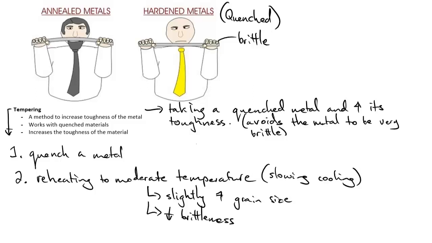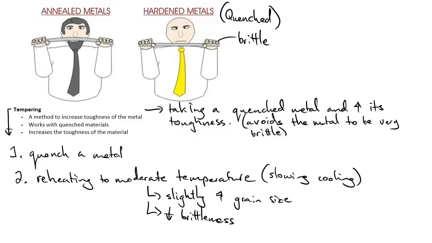So if you ever experiment, and you will do so at school probably, you'll take a metal pin. You might first quench it, so you'll realize that the pin snaps very easily. It's very hard, but it snaps. You may anneal the pin by putting it into a Bunsen burner and just leaving it on the bench to cool. That will make the pin very malleable, meaning quite soft,